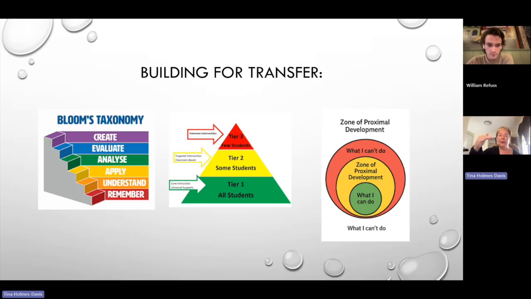Now, from apply, we might have a group of people that aren't ready to apply. Perhaps they don't understand articulation yet. So we're going to bop down to understand and remember, and we're going to review articulation so that they know what they're trying to apply. And one way that I like to do this is to go, if you have